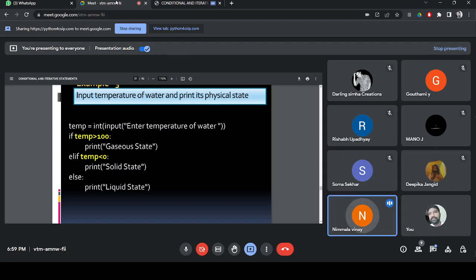Sir, without an else statement, can we use elif statements in place of it, and print also, okay, sir? Without else, you only want to use elif. Yes, sir.